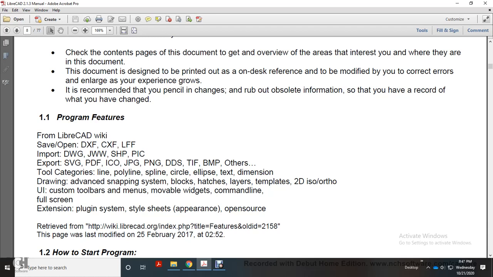Tool categories: line, polyline, spline, circle, arc, ellipse, text, dimension, drawing, advanced snap system, block, hatches, layers, templates, 2D, ISO, ortho, UI, custom toolbars, menu, movable widgets, command line, full screen, extension, plugin system, open source. And that can be retrieved at wiki.librecad.org index. This page was last modified on the 25th of February 2017 at 2:52.